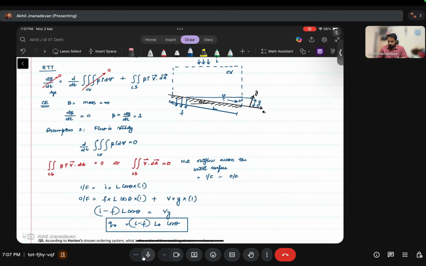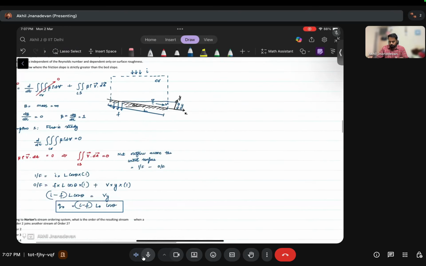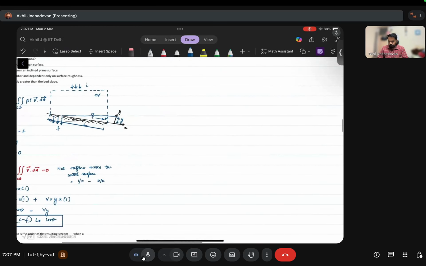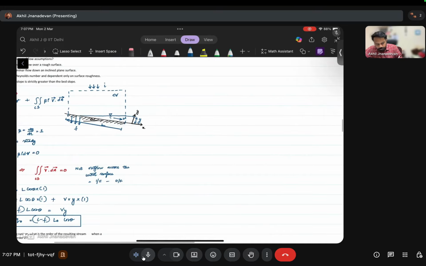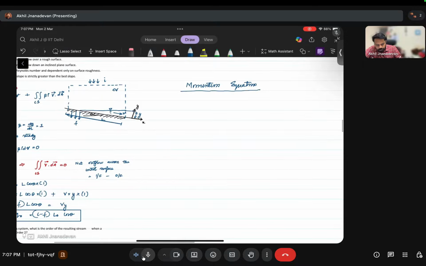So next we can move to the momentum equation. So here we make some assumptions. The assumption that we made in the continuity equation was that it is a steady flow, right? So in the momentum equation we make use of the concepts of fluid mechanics, and we assume